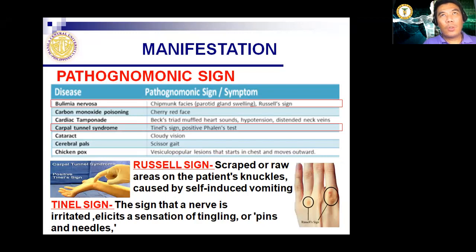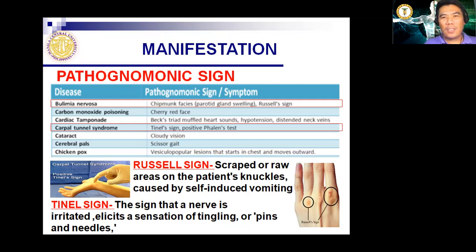Usually, bulimia nervosa is the opposite of anorexia nervosa. Anorexia nervosa is when the client is not having an appetite. But for bulimia nervosa, the client eats too much, and the client eventually wants to vomit it out. That's bulimia nervosa. So one of the signs that you will consider is